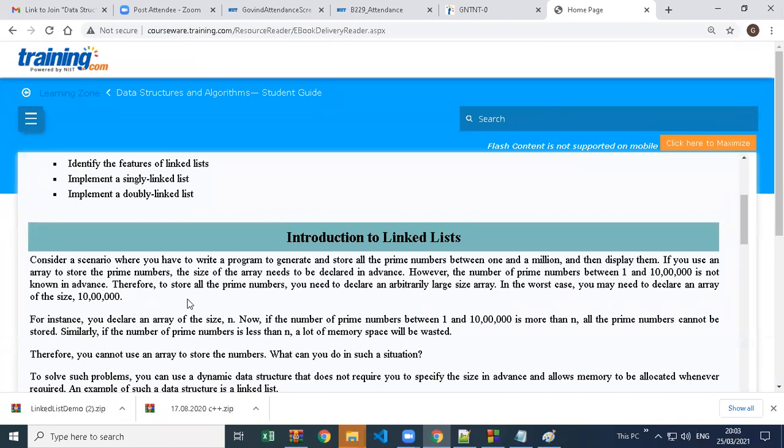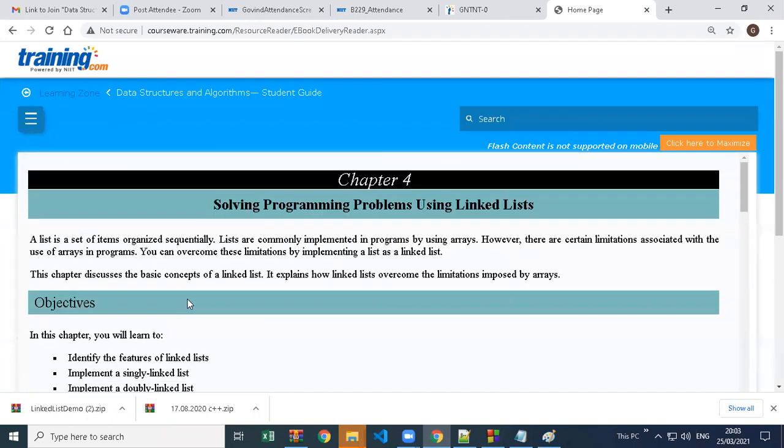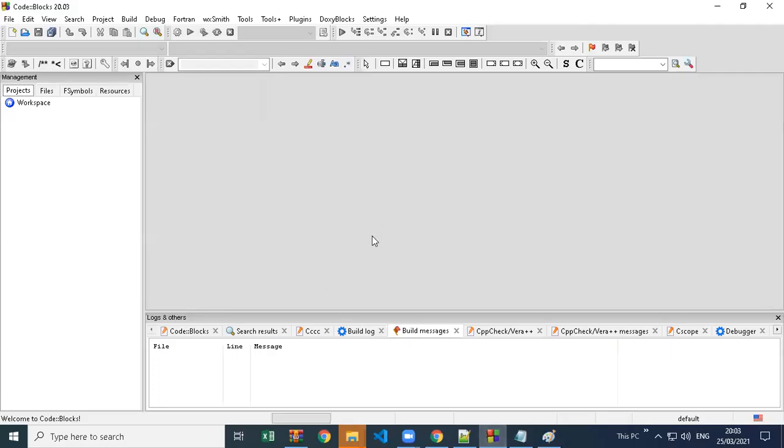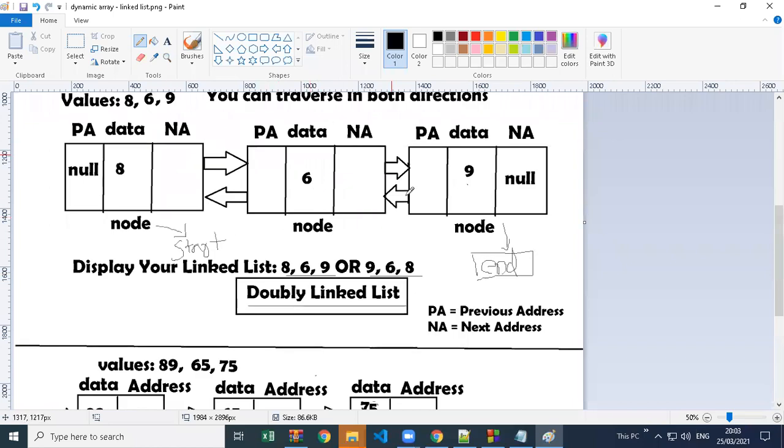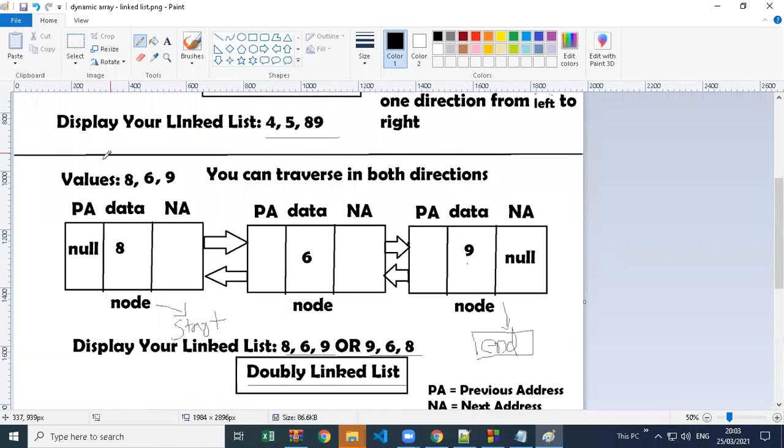Stack और queue का नहीं है program? Yeah, that queue and stack is used in linked list only. In linked list it is possible to do the stack and queue. Understood? So this stack and queue you will get if you create a linked list.